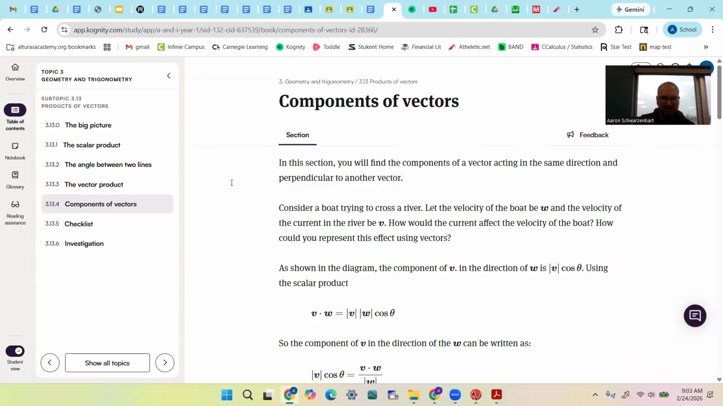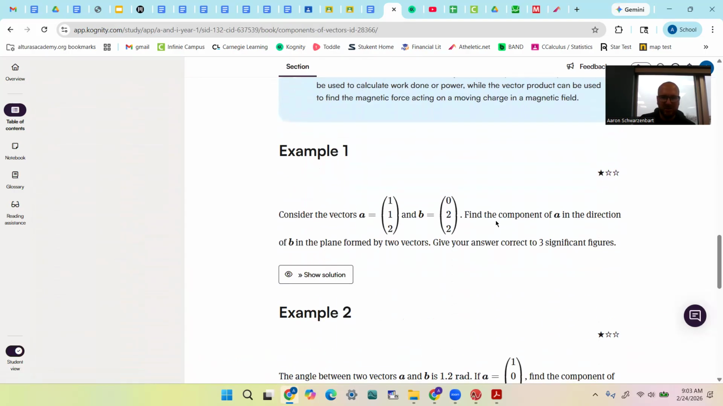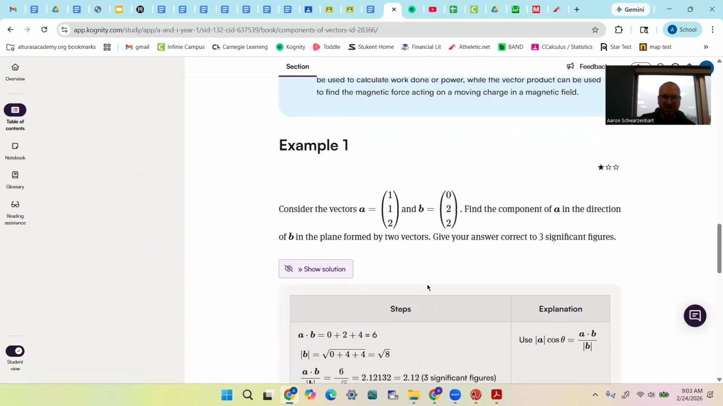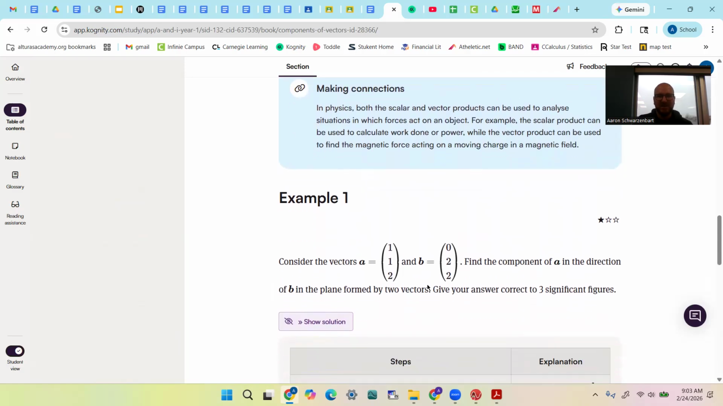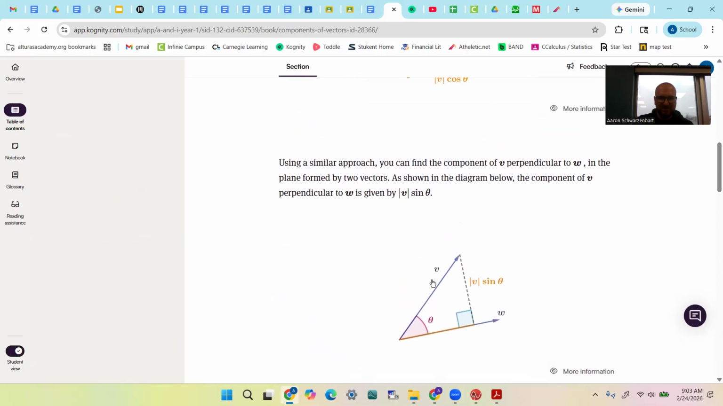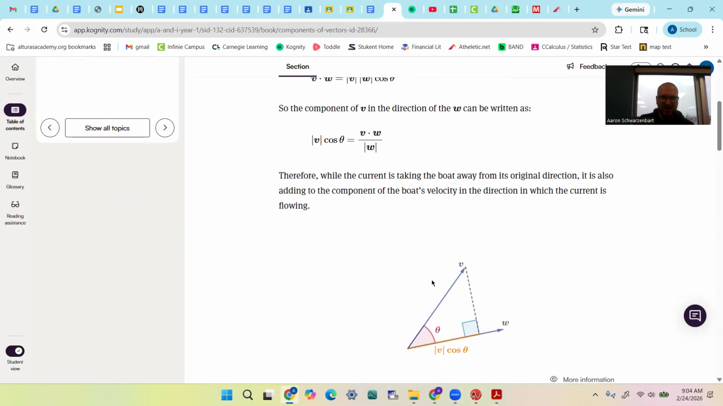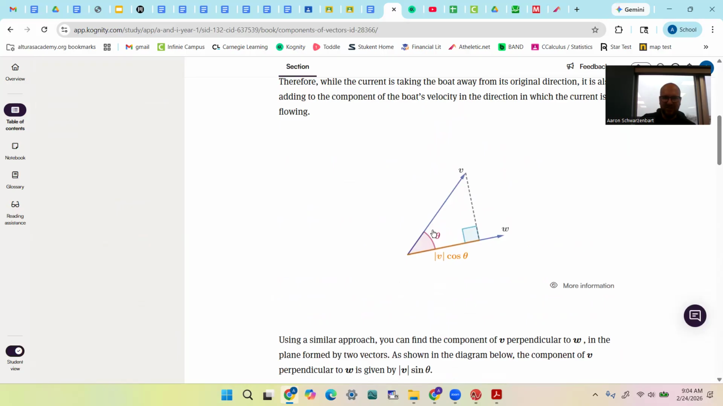Components of vectors. So making things in component form, find the component, consider A, find the components of A in the direction of B in the plane formed by two vectors. So to find a component of a vector, it's basically saying if W is my direction vector,